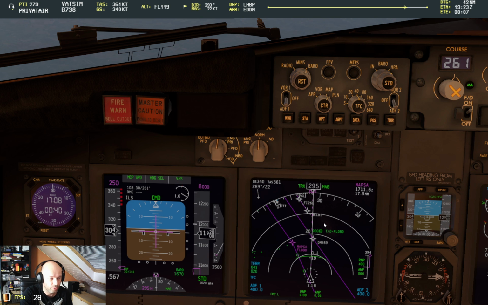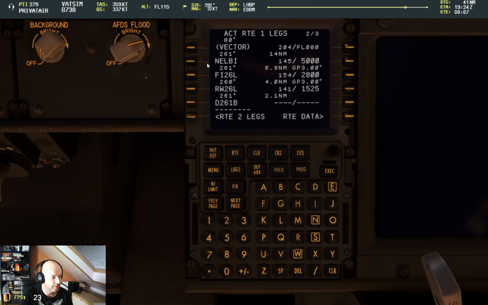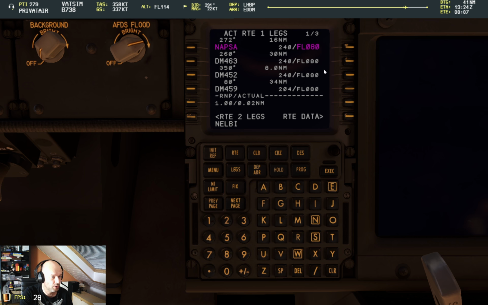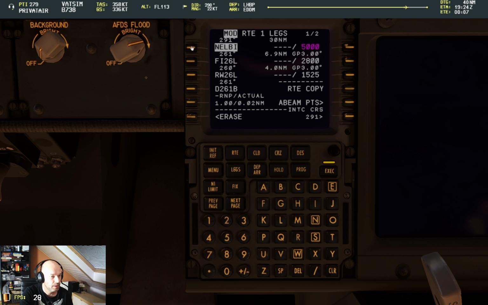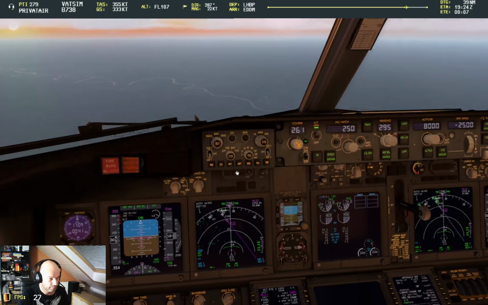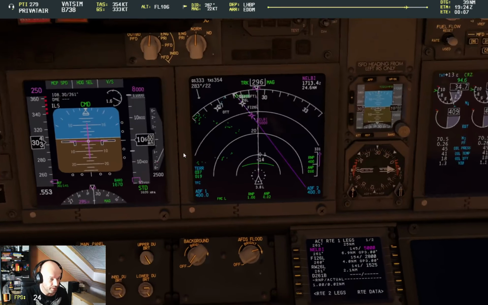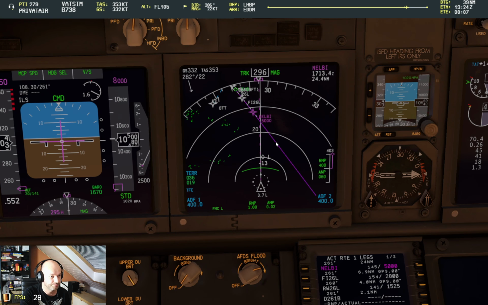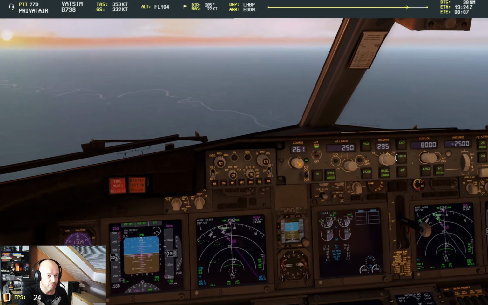And he told us we are on radar vectors to final, so that means we can build our extended center line. And we said it does begin in Nelby. Let's go to that. Nelby. We select it, we go back to page 1 on top of it, but before executing it, we select intercept course 261, which is the localizer, of course, the runway center line, and then we execute it. And the result is our extended center line here. Cool. Oh yeah, now we have to reduce our rate of descent to